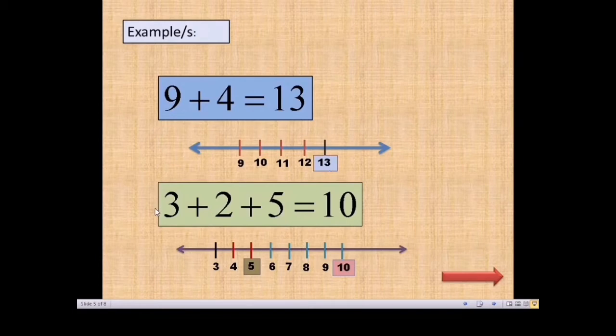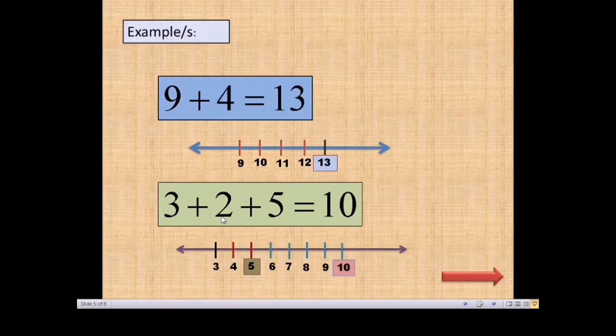Let's proceed to the second example. We have here 3 plus 2 plus 5 equals 10. Using the number line, let's apply it here. We have 3 in the first line. We need to add 2 lines to the right since this is positive 2. Positive 2 means 2 lines to the right from 3. So from 3, we have 2 lines, 1 and 2. And then,